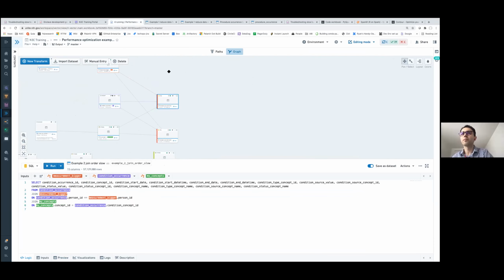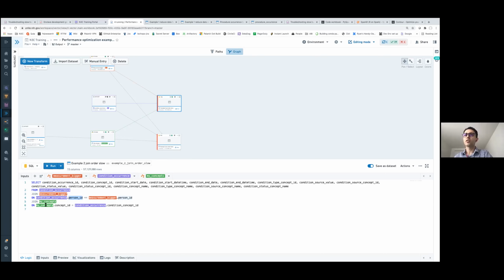This is a SQL query in which we're taking as inputs the condition occurrence table and a measurement table, and we are joining these two tables on the person ID. So we're joining them to get a data set with measurements as well as conditions.